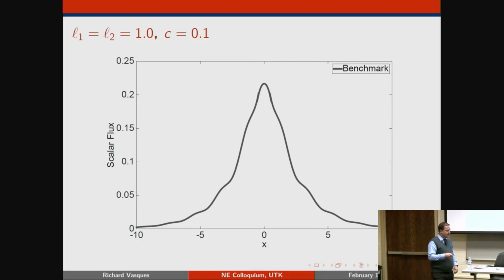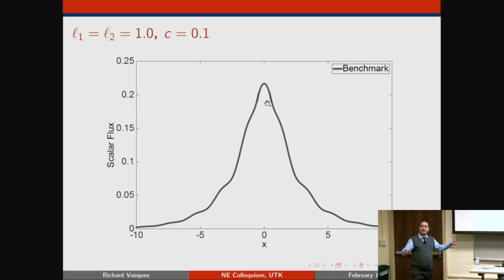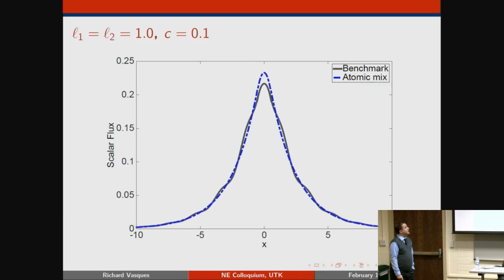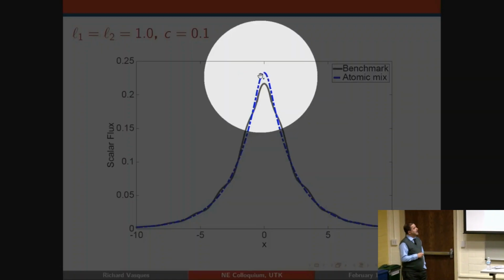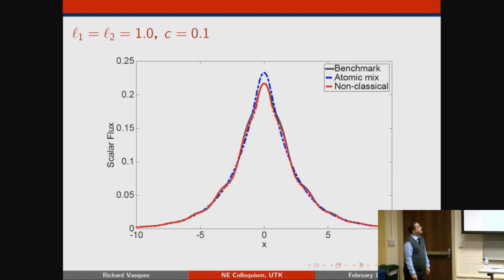So there's 2 things I want. I want to be able to capture this peak in the middle, and I want to be able to capture the shape, or the general shape of this decay. If I use atomic mix, other kind of bias, volume averaging that people usually use, this is going to end up overestimating the peak, and it's just an exponential decay. It's going to smooth out this function. You're not going to capture this wavy behavior. If I use that sigma t of s that looks like those up and down jaggedy function, that gets me the peak right on top, and it also captures this wavy behavior of the solution. So this is all done for scattering ratio 0.1.